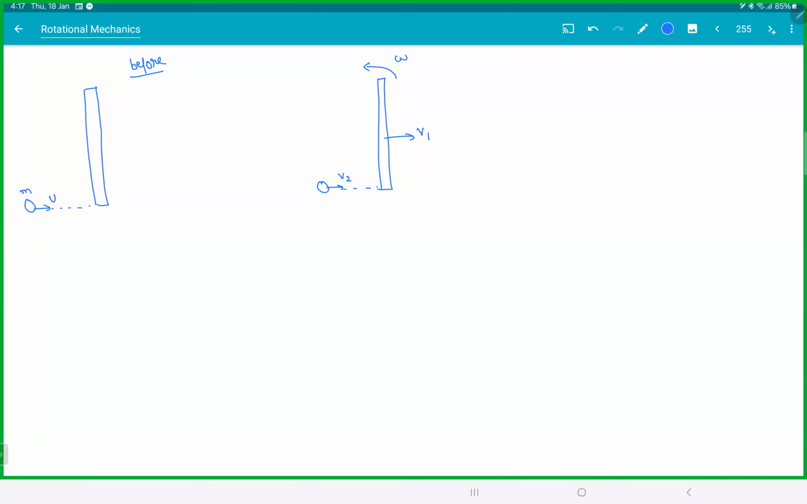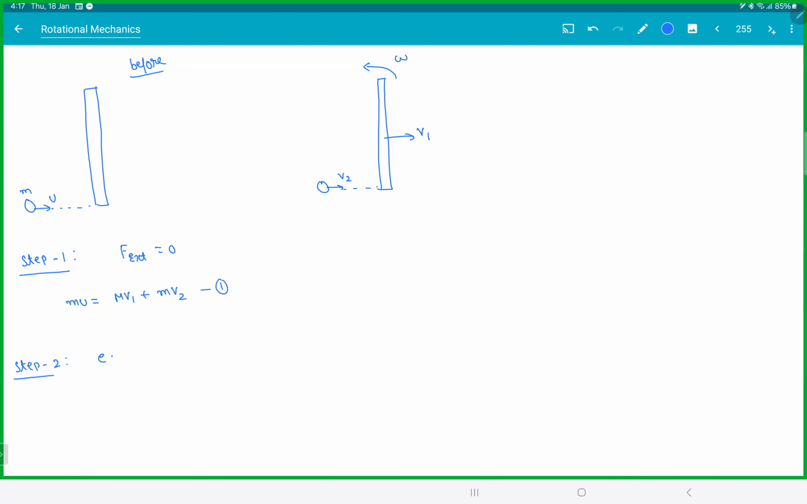Step 1. There are no horizontal forces. Remember, whenever you get rod and ball problems, this is the process. There are no external forces, 0. Conserve momentum. Mu is equal to mv1 plus mv2. Step 2,